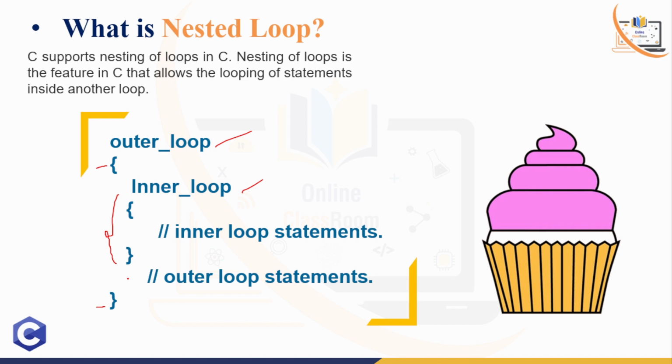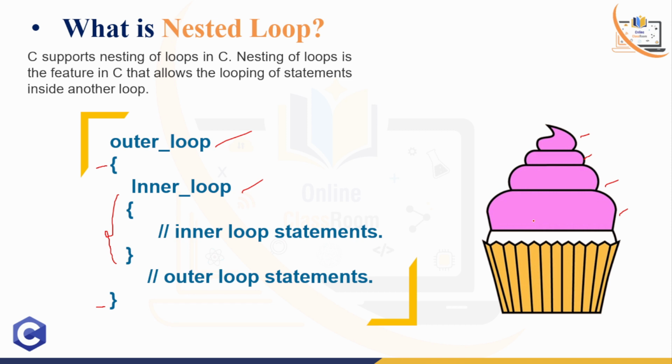It basically looks like an ice cream, right? If you look at the ice cream layers, this is the first layer, this is the second, third and fourth, like one loop and then another loop, just like ice cream layers. In C programming, maybe C++, Java, or Python, there is no restriction on nested loops. We can write more than one, multiple loops inside another loop.